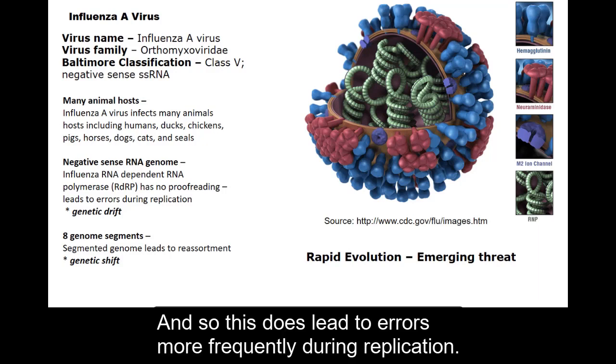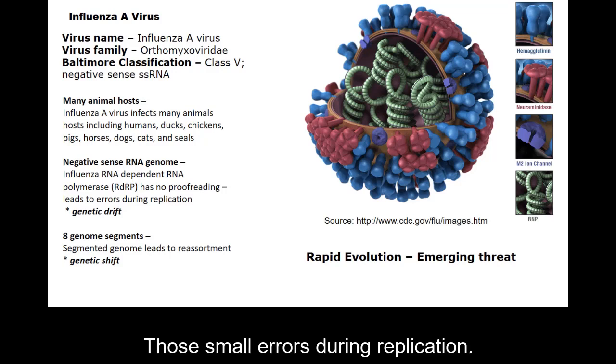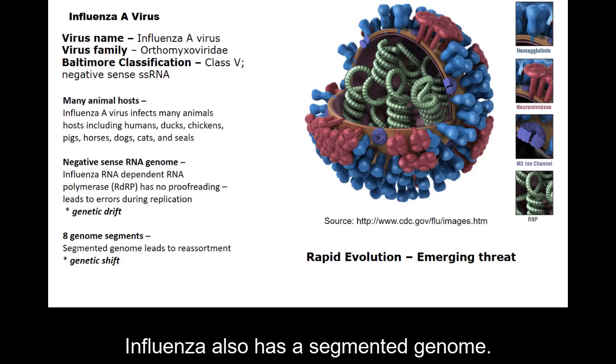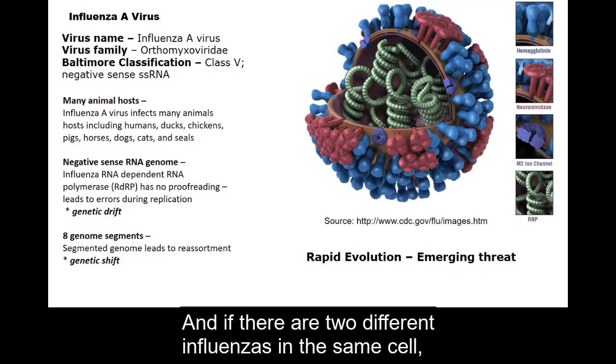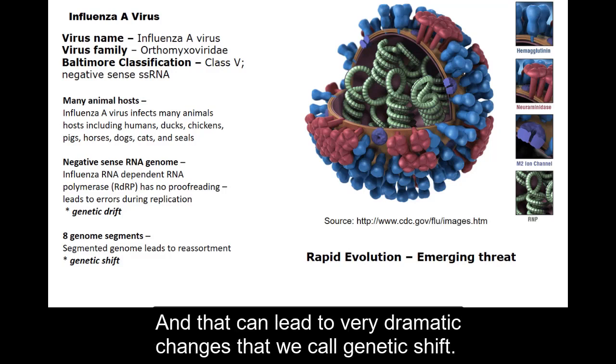And so this leads to errors more frequently during replication, and this is termed genetic drift, those small errors during replication. Influenza also has a segmented genome, and if there are two different influenzas in the same cell, you can get reassortment of those segments, and that can lead to very dramatic changes that we call genetic